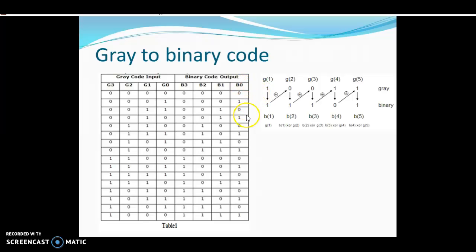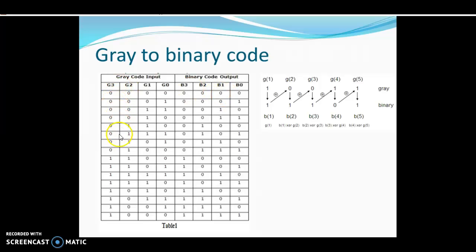Before going to the truth table, the same XOR function is used, but the first bit is taken as it is, and from the next bit onwards cross XOR function is used. 1 XOR 0 is 1 and next 1 XOR 0 is 1. Likewise, cross XOR function is used for gray to binary code conversion.